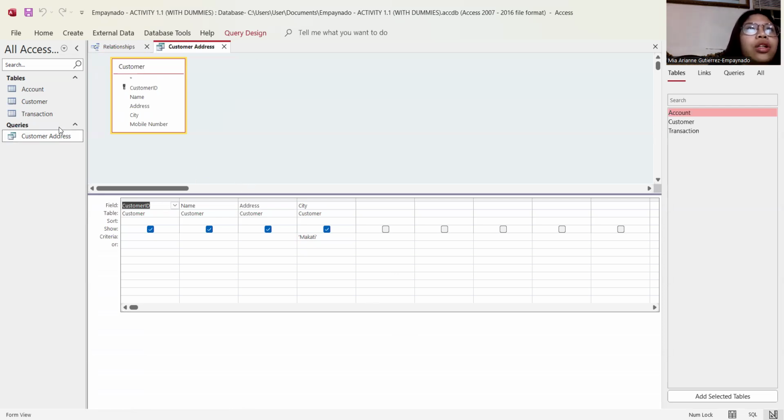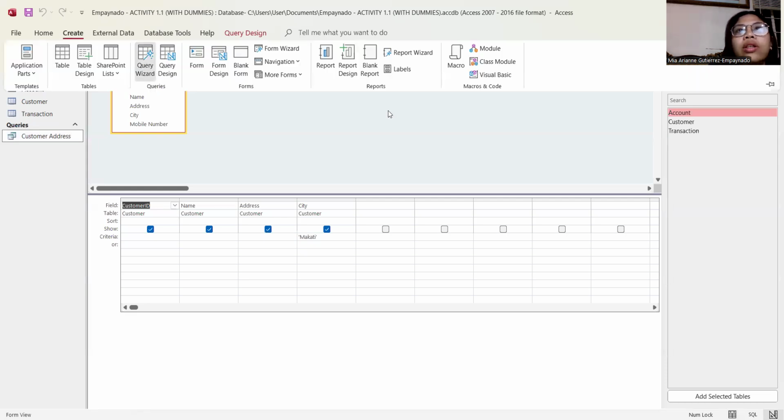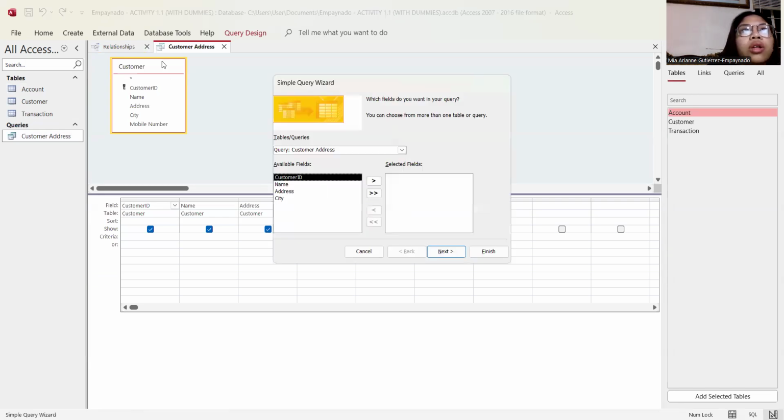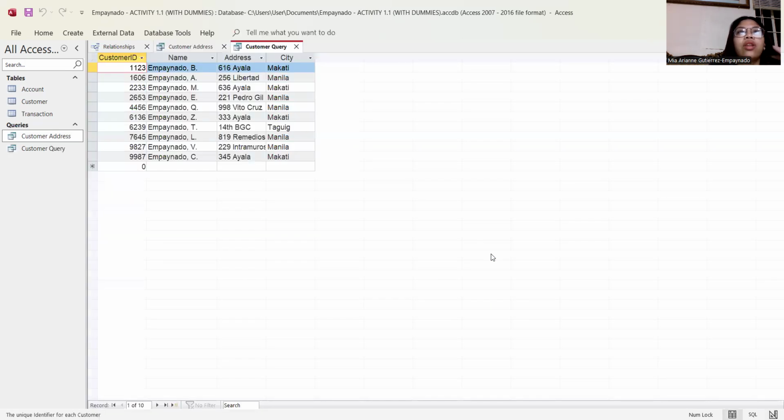So for example, I would like to create another simple query wizard. Since I use this table customer, what I did here is pick all of these aside from the customer ID. Here I can finish.